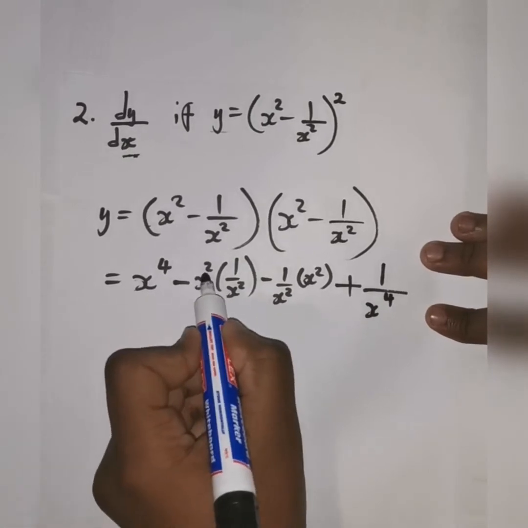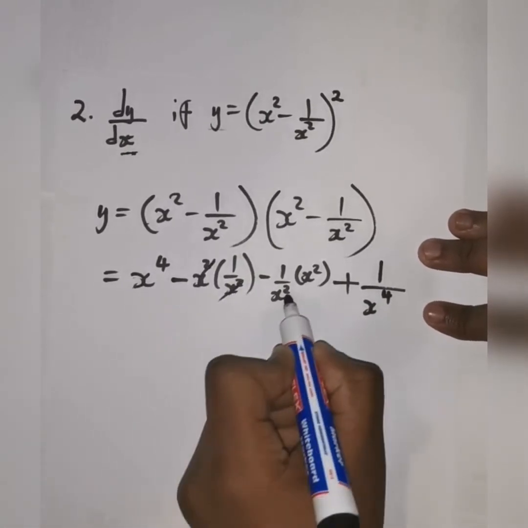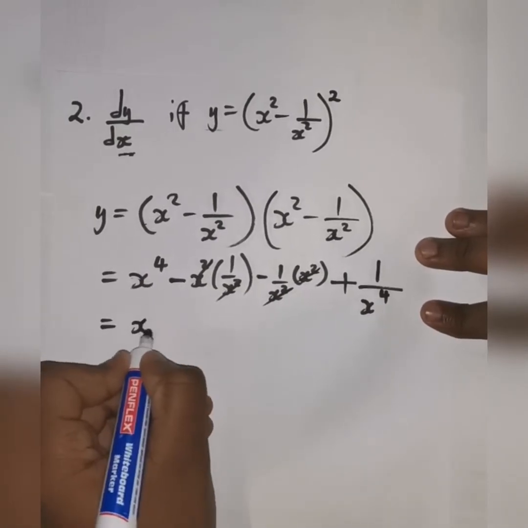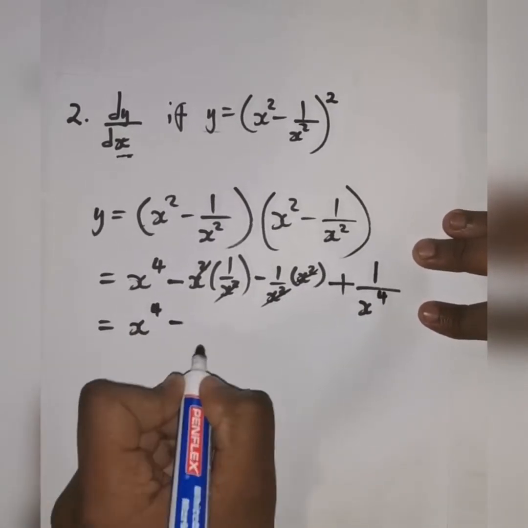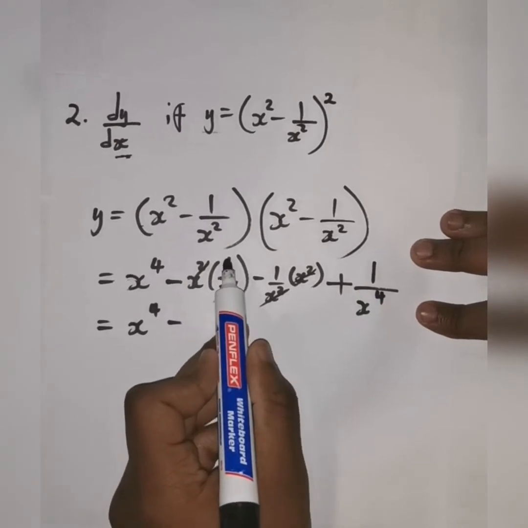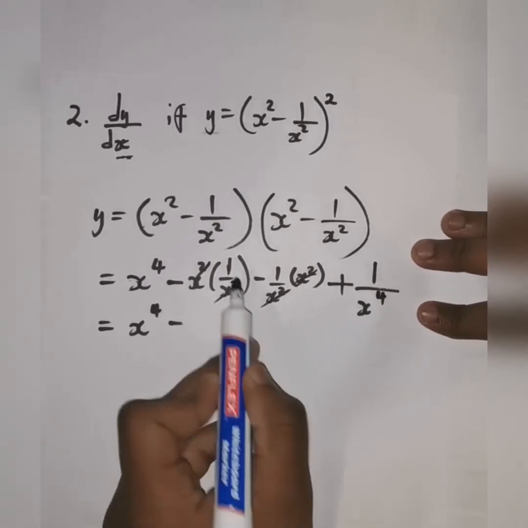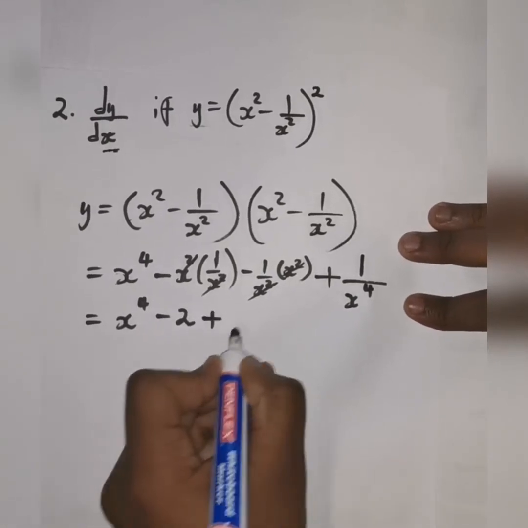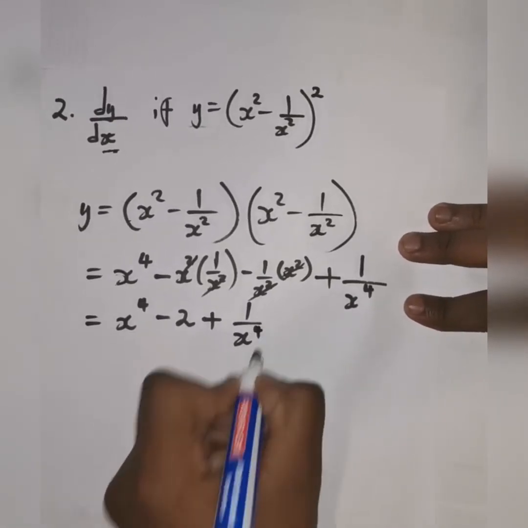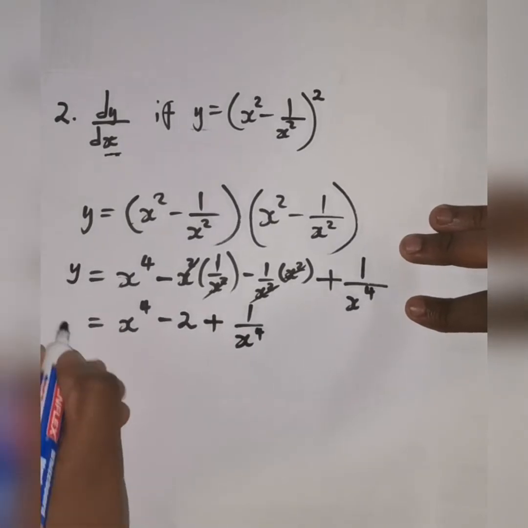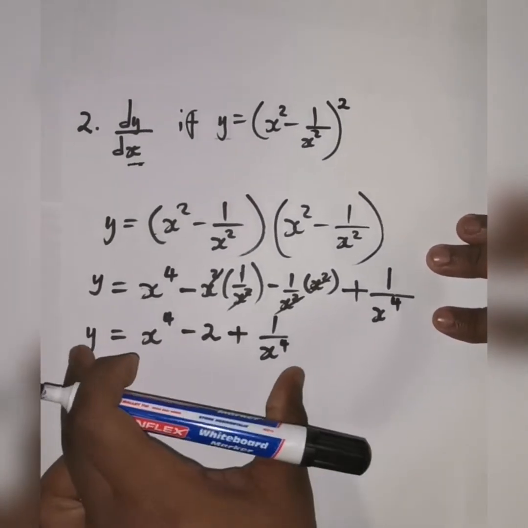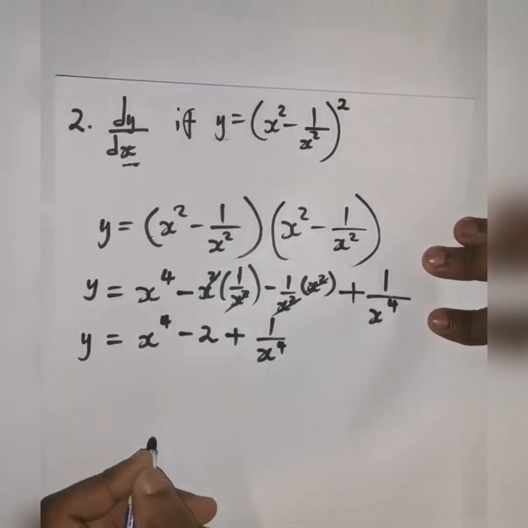So as you can see here, these ones will cancel out. Then we're going to have x to the 4 minus, we're left with 1 here, -1, -1, so it's -2, right? Then plus 1 over x to the 4, right? And then this is going to be our expanded form of y, right? And then this is what we're going to take and we're going to differentiate, right? Okay,